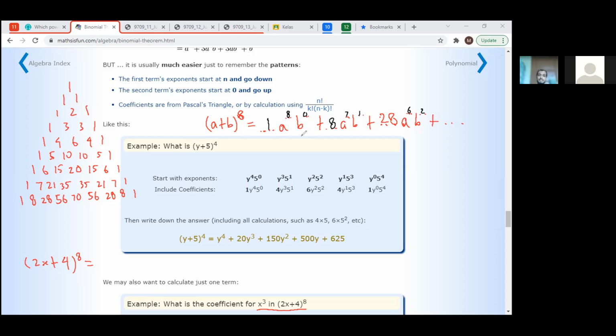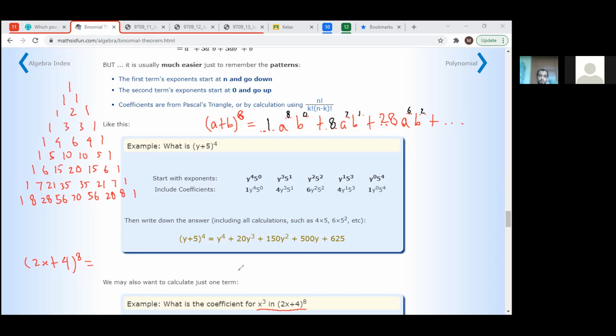Okay, again, notice that each power will add up to 8. Each term, the power for each term will add up to 8. So what does that mean? That means if we have (2x + 4) to the power of 8, then the power of 2x and the power of 4 will add up to 8 as well, right? So if we want to find x to the power of 3, we just need to find